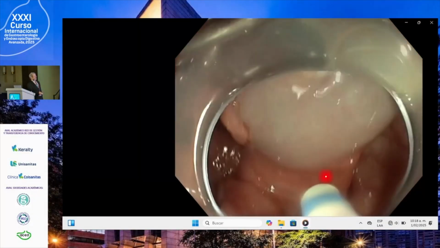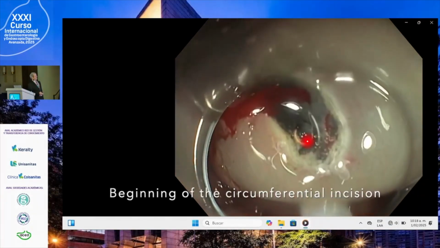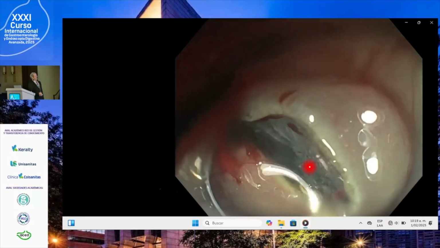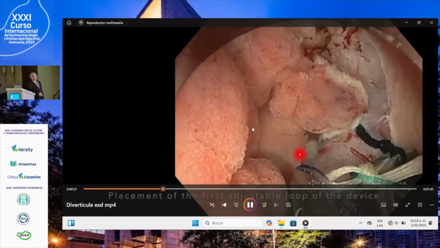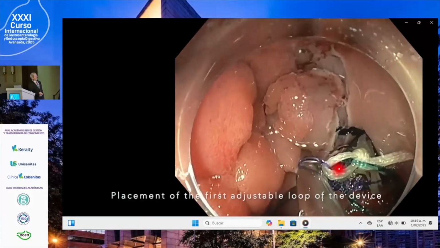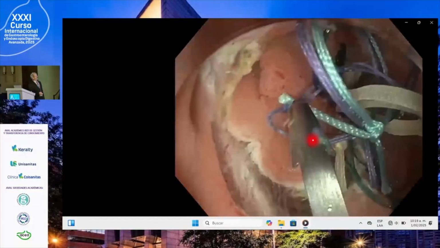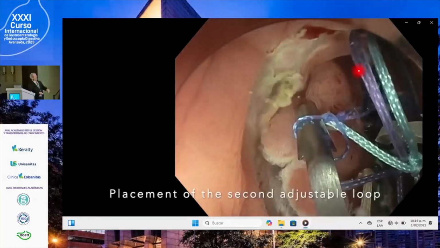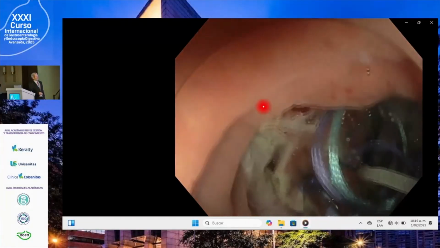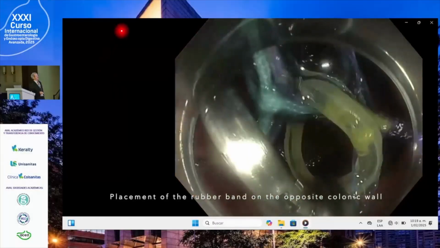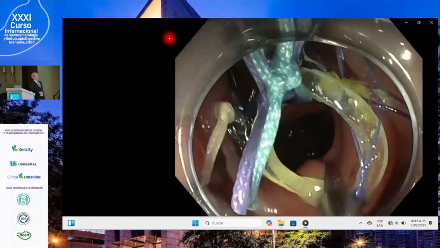Okay, submucosal injection. We begin the circumferential incision. We enlarge the incision using swift coagulation, okay? We place the first clip, okay? So you see the system is a little complex. Sometimes I'm lost when I use the system. I don't know which thread I should take. I should attach with a clip. Then we attach the